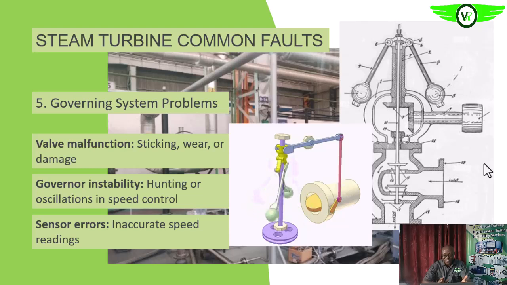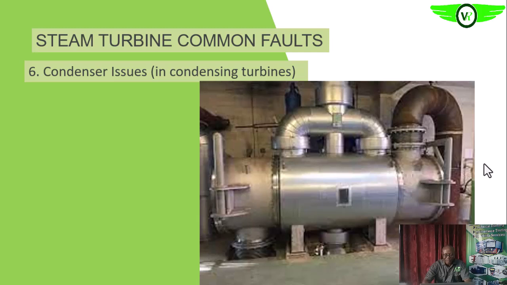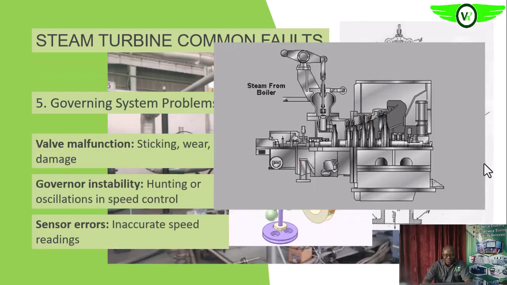If the speed that it is seen is different from the speed signal that is sending into the steam turbine or the governor, of course, that will affect the response of the governor. So all of these are common problems with the governor. So when we have this kind of problems, what we need to do is to service the governor. Look for where the problem is coming from and then try to rectify that problem so that the governor